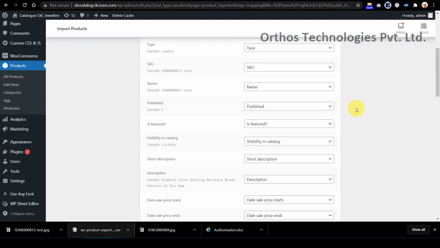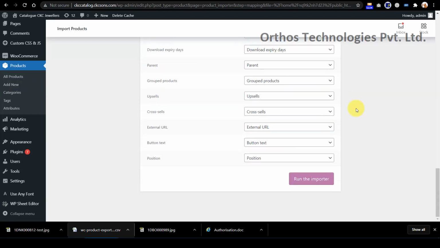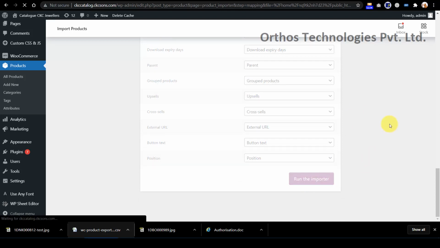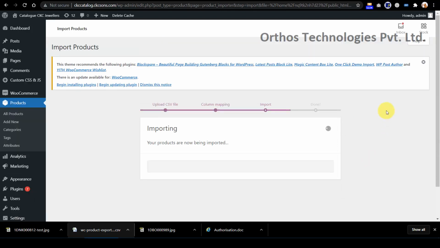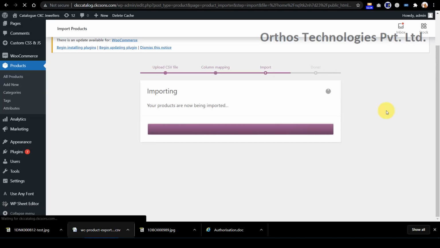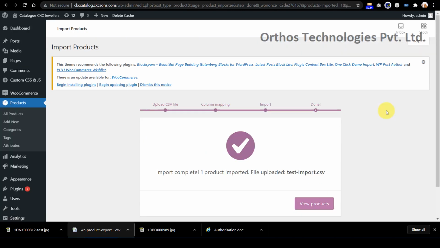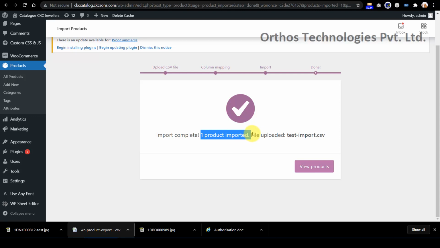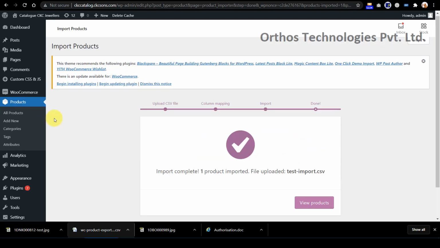So all the fields are being imported, so you don't have to touch anything here. So run the importer. So the process is complete and one product is imported. Okay, so the test import file has been imported.